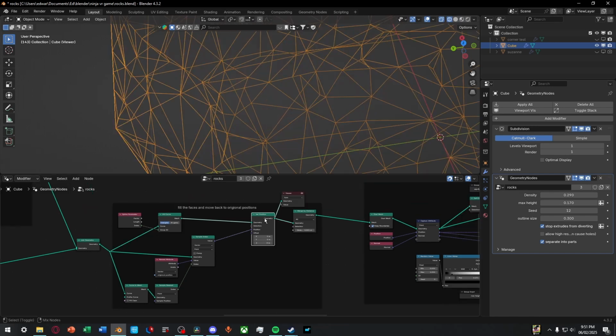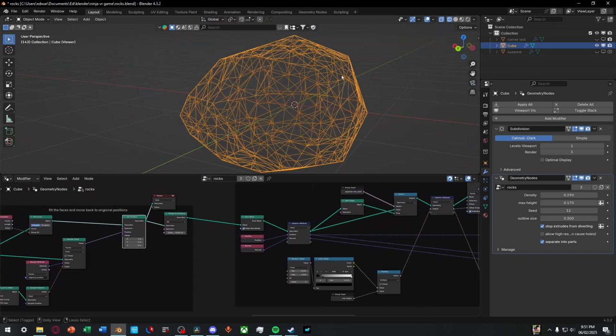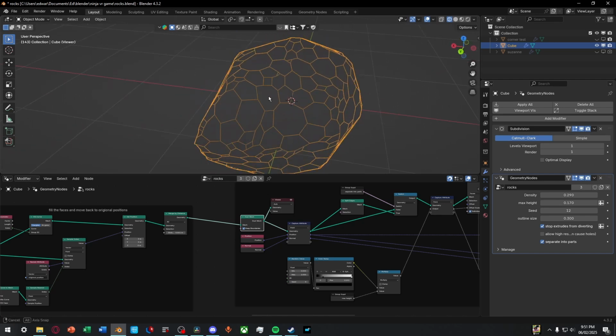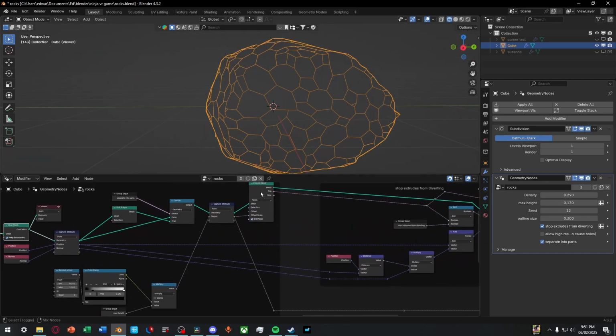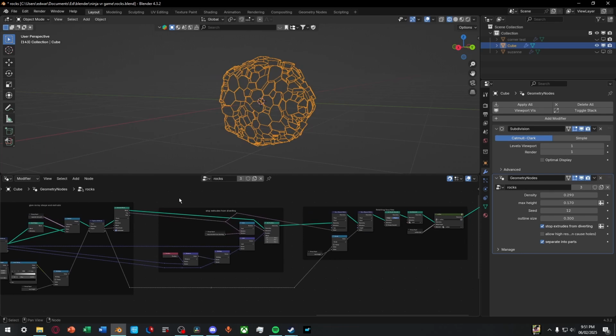We then move the faces back into their original position, and using the dual mesh node, we turn the vertices into faces and faces into vertices. Then that gives the nice rocky look. And then we extrude all of the faces and other tweaks to make it look better. So now that you know that, it should make a bit more sense what I'm doing, but let's get started